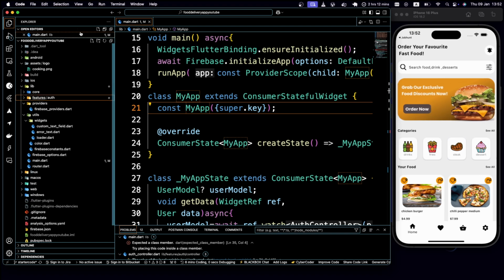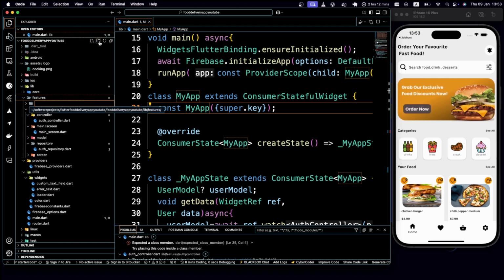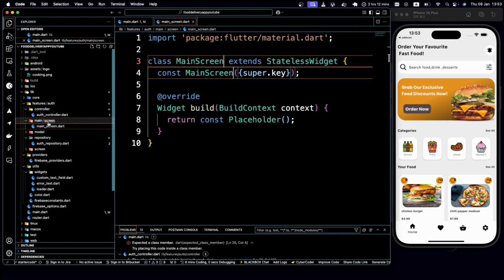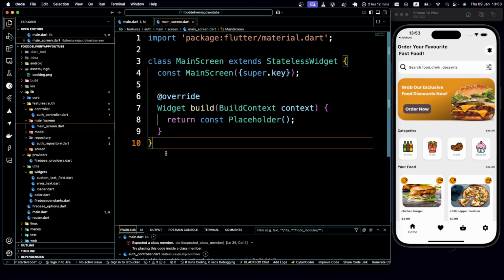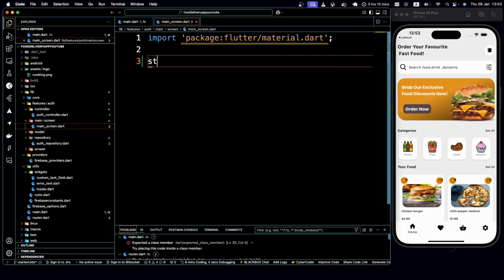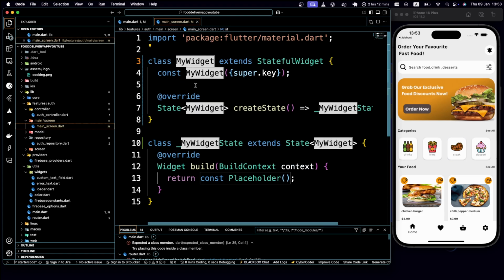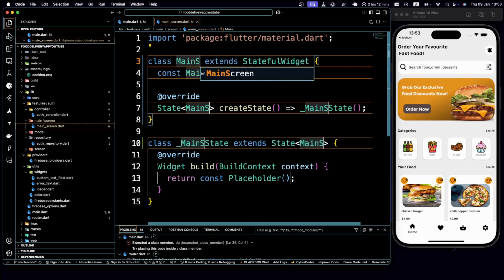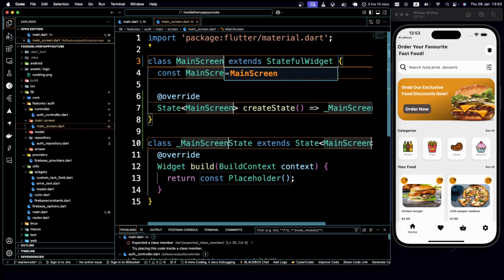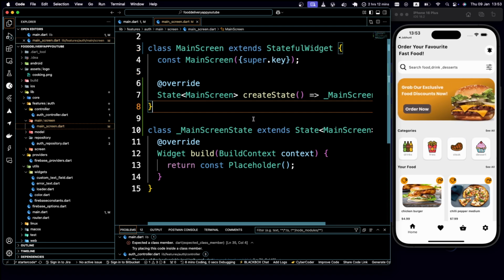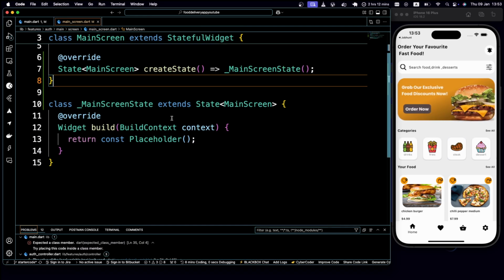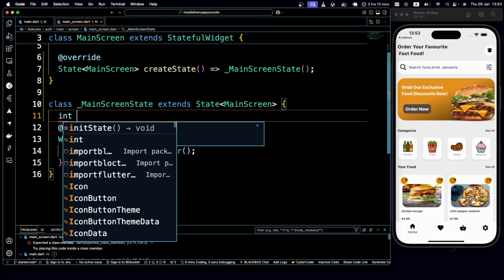So under our features folder, create another folder called main. The main screen. We already have the main screen right here. What I'm going to do is change this main screen to a stateful widget. After that, we go inside our main screen, and then what we want to create